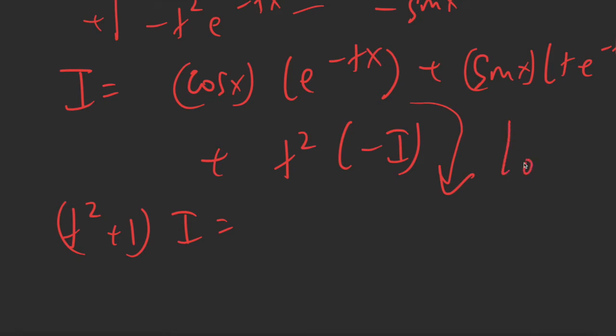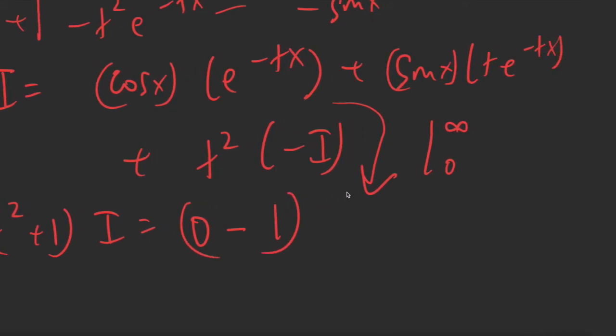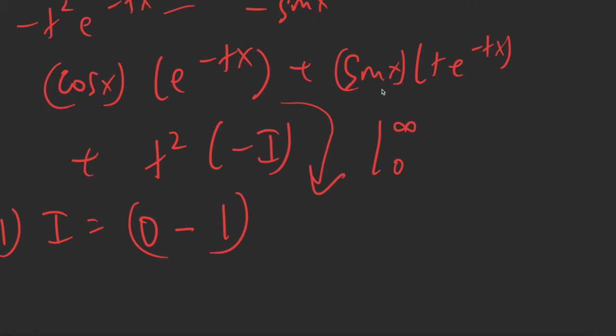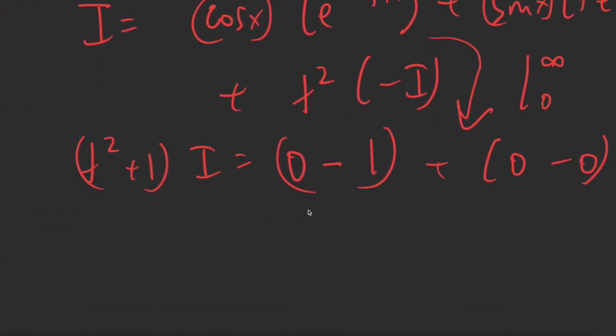So I'll put the limits and directly put the value over here. So at cos at infinity we have no idea, but it's between minus 1 and 1. And e to the power minus tx, where x tends to infinity, is 0, so that doesn't matter. So 0 minus cos at x is equal to 0 is 1, and this is also 1, so that's fine. And for this, same thing for sine, we have no idea what is at infinity, but t by e to the power tx at x tends to infinity is 0, so plus 0 minus 0. So we get I is equal to minus 1 by t square